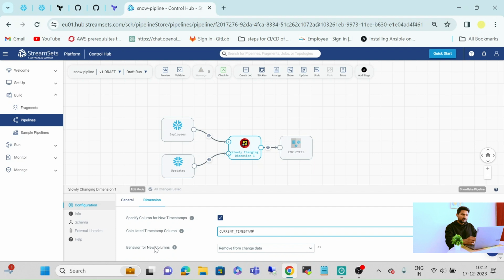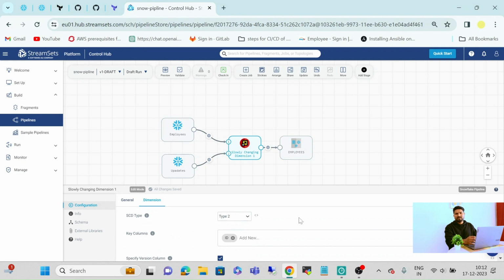And in the behavior for new columns, we have to select as it is, remove from change data. If we had selected type 1, then we would have to select here keep for newest rows and set null for previous rows. Okay. So our slowly changing dimensions table has been successfully configured.